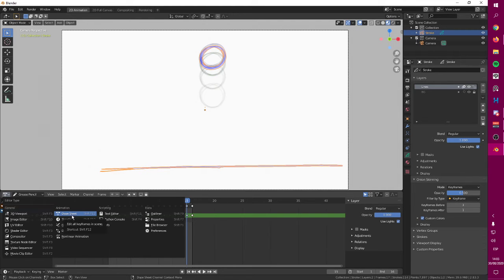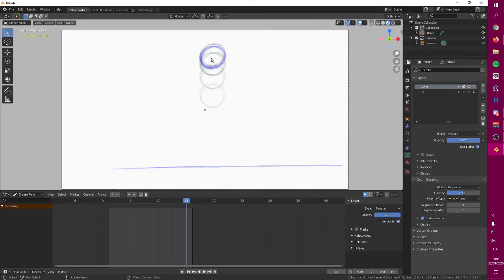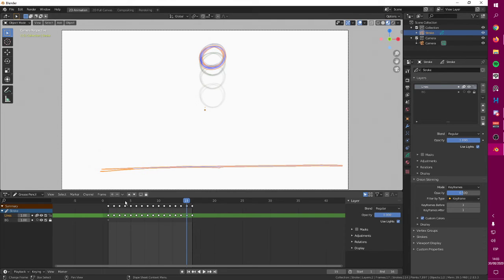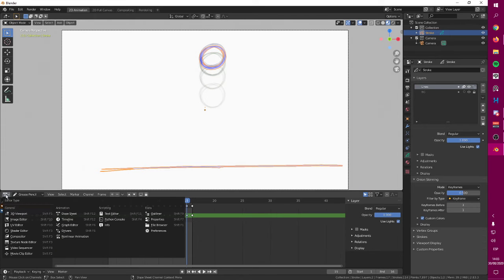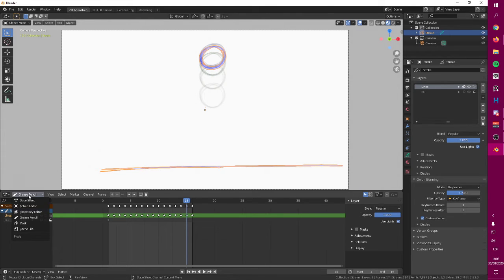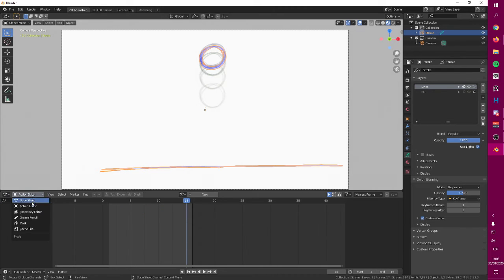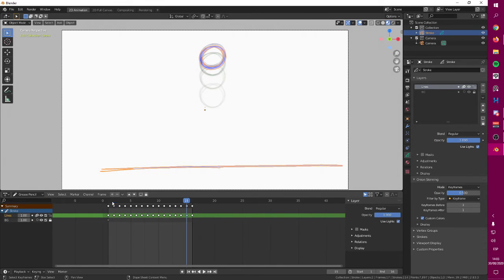If you realize these frames disappear, make sure you are selecting your grease pencil, you are on the dope sheet mode, and in here you are on grease pencil mode. If you are in another one, it's not going to display your keys, but if you are on grease pencil, this is where you find your keys.